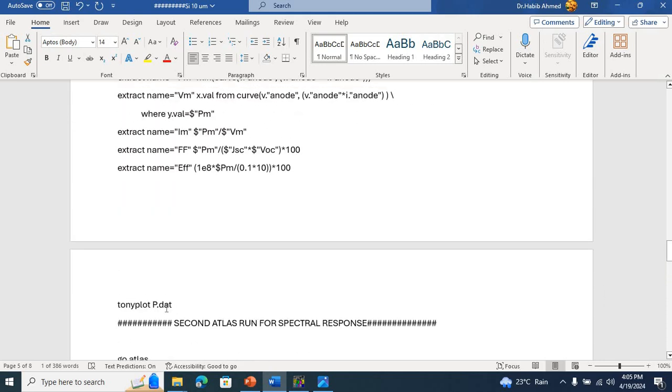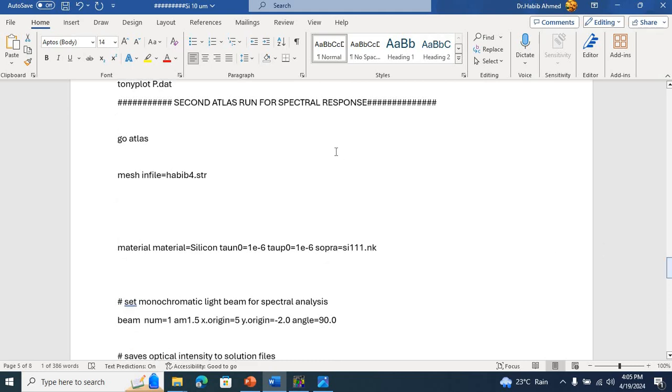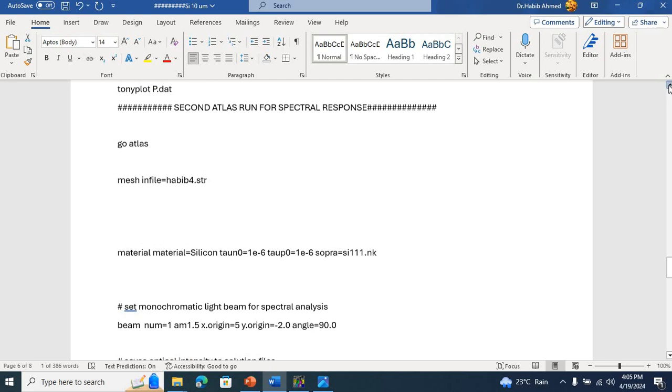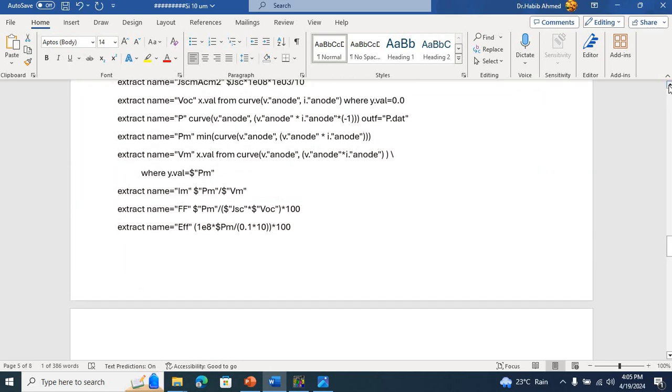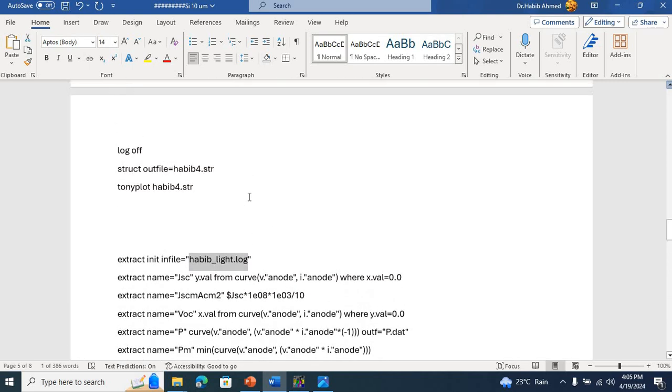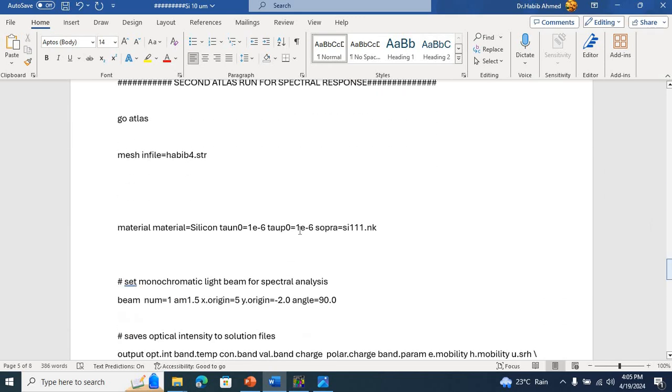So then we plot the power curve as well. Then we start another block of Atlas code, and we input the structure which we already simulated in the previous block code. So for example, here you can see after running the IV characteristic under light conditions, I've saved the structure with habib4.str, and in the next block I am importing that structure once again with this command of mesh in file,